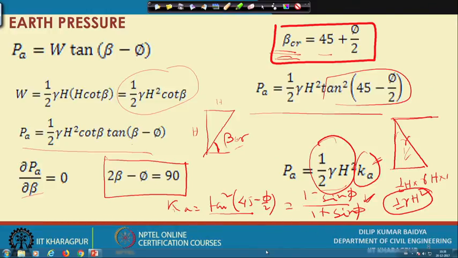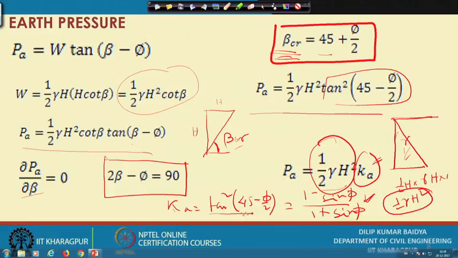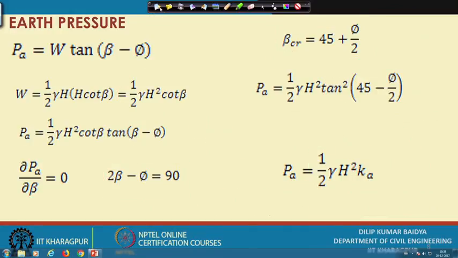So, we got at this level what the K A is and what the P A is. That means if there is a wall, we can find the thrust because of the soil pressure and its amount, and how to find K A from this. If you know the phi of the soil, then we can find K A, and from there we can find out the active thrust. Similarly, you can see